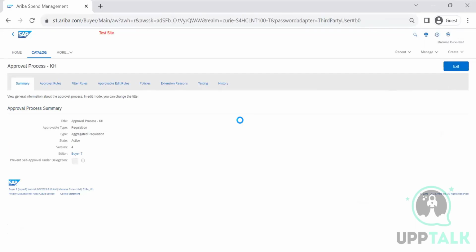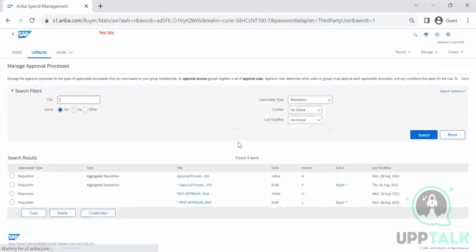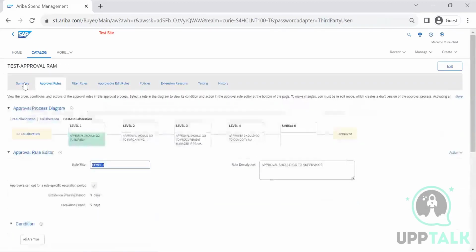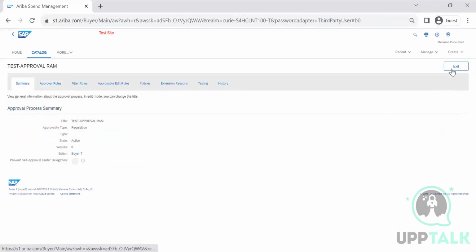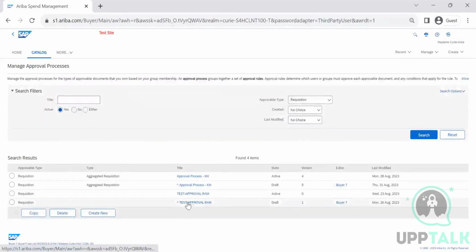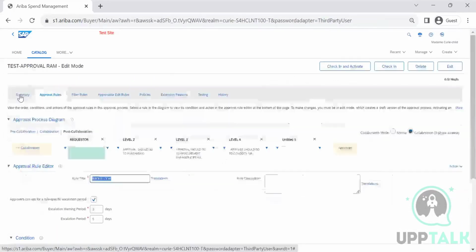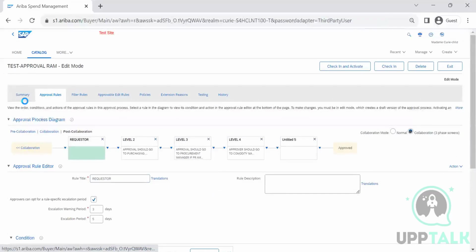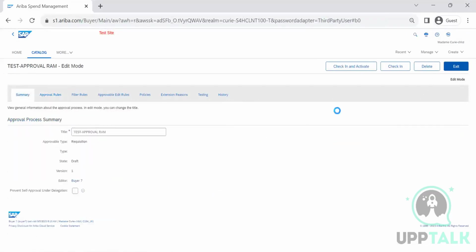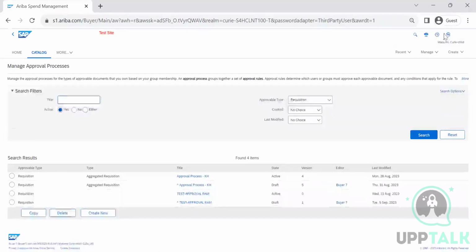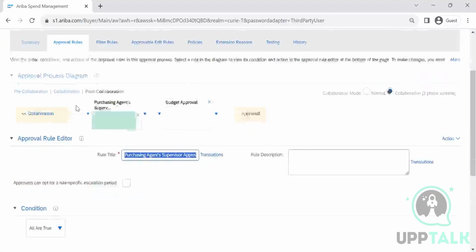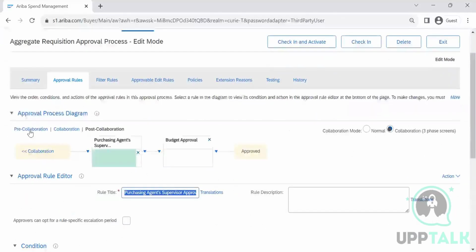So here. Last time I had seen it here, but now they have modified it. Let me go to parent again. So this is what I want to show. Here you are seeing that